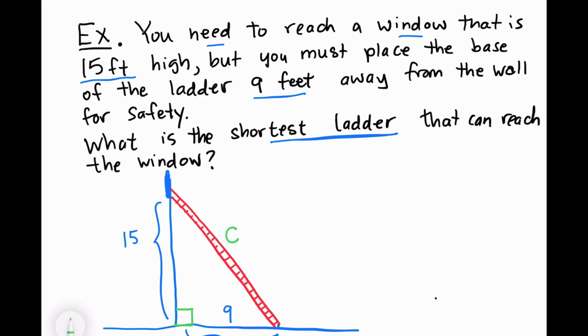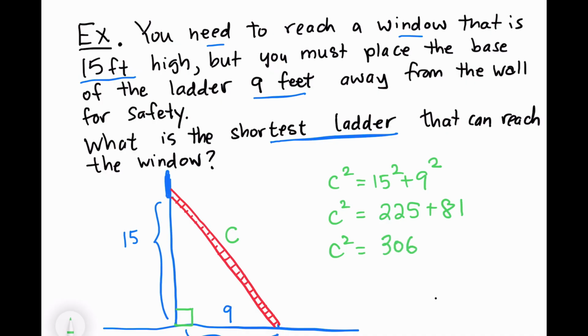And so in order to find the length of the shortest ladder, we will take c squared is equal to 15 squared plus 9 squared using the Pythagorean theorem. So c squared is 225 plus 81, which is equal to 306. So solving for the positive square root, we have that this is equal to